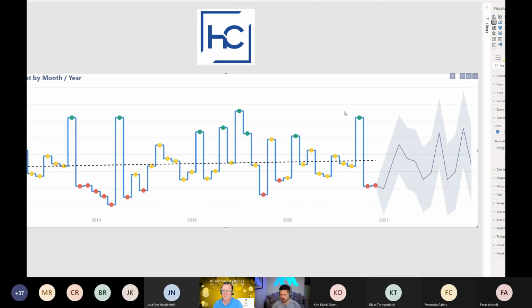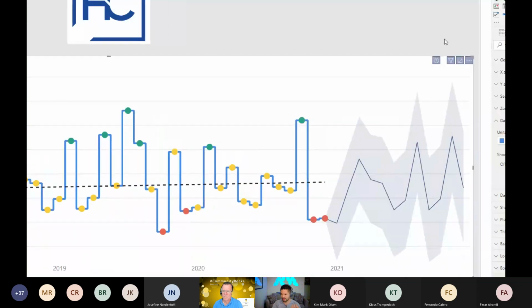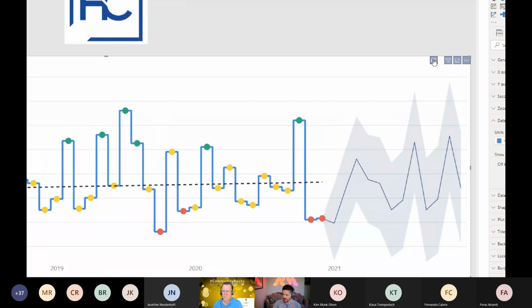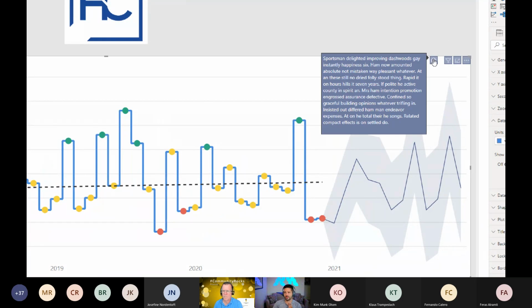Another thing that's paired with this, kind of outside of any specific visual, is one of my favorite things that was implemented. The feature is great. Again, the location and the ability to add this, I think, is one of those nuanced scenarios that I mentioned. But I love that they added visual header tooltips a few years back to visuals in Power BI. You used to have to do this with bookmarks and a lot of really clunky, invisible and hidden objects on the page, where you'd have to add these one at a time and create the bookmarks to get them to pop up. If the visual moved, then you'd have to move the items as well. And it was not an easy implementation.